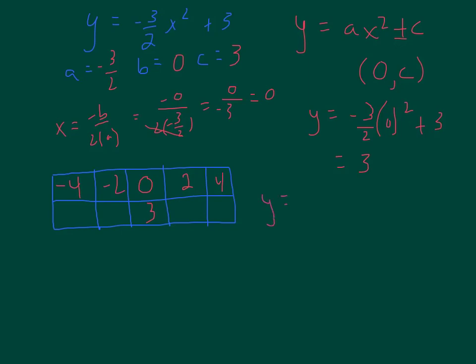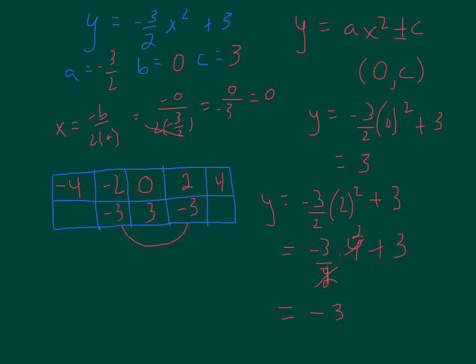So I'm going to get y is equal to negative 3/2 times 2 squared plus 3, which is equal to negative 3/2 times 4 plus 3. So the 2 cancels out the 4, makes that a 2. 3 times 2 is 6, but that's a negative 6 plus 3 is negative 3. So 2 goes with negative 3, and then these values are the same, so negative 2 goes with negative